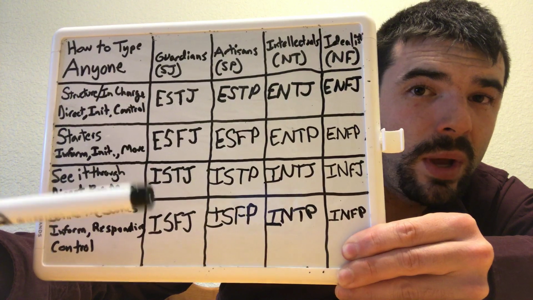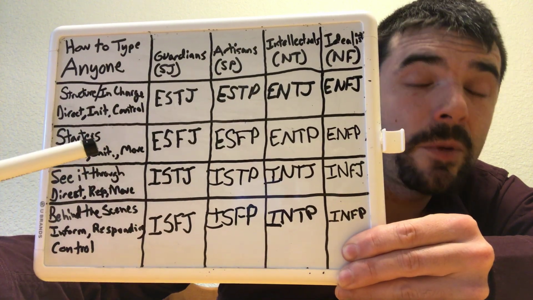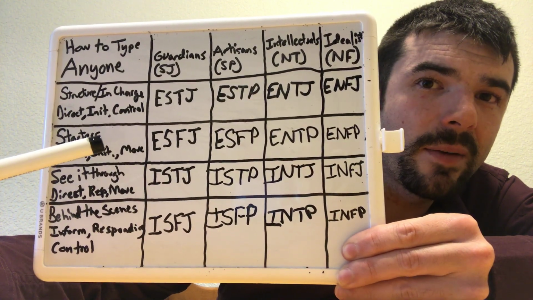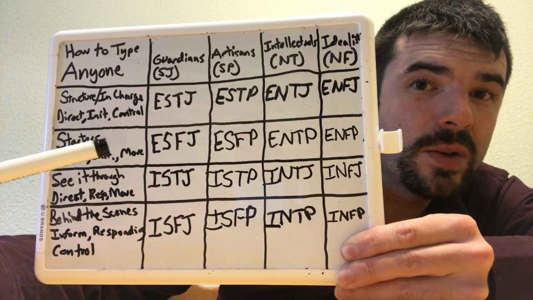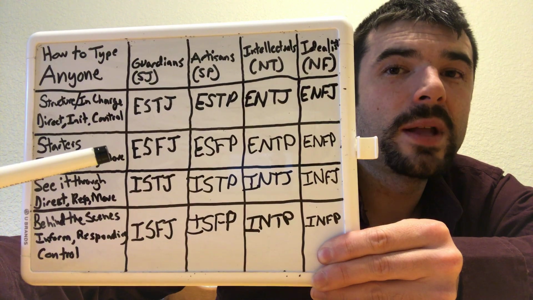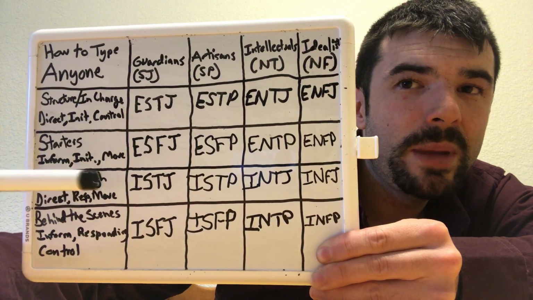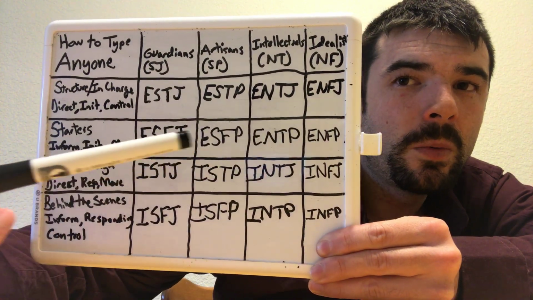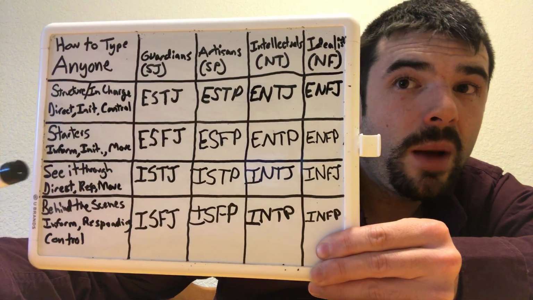So me, we all know that I'm a starter type, right? Because I'm informative, because I can't stop talking. I'm initiating. I always initiate the conversation. I don't necessarily prefer to respond. And I'm movement-oriented. I've got to have that progress. So you immediately know I'm one of these 4 types. Oh, but which one am I?